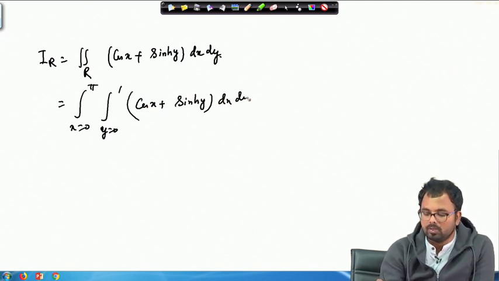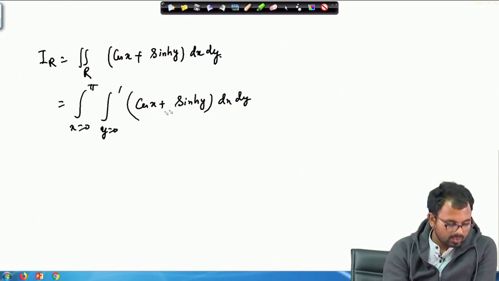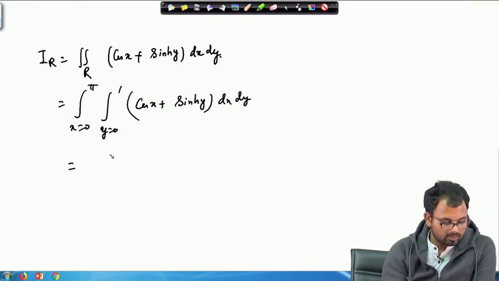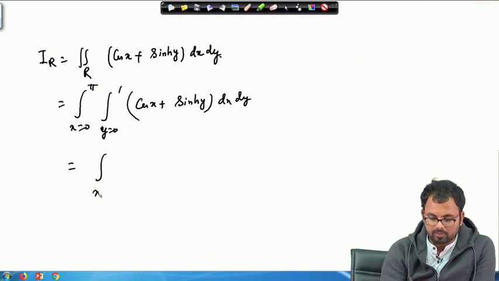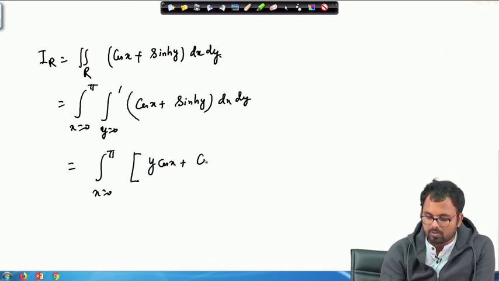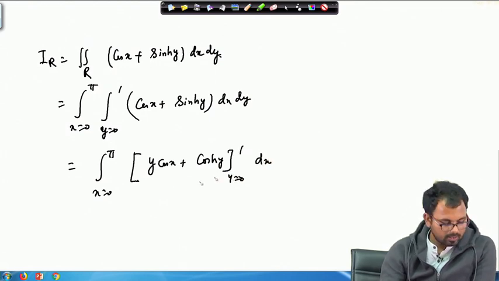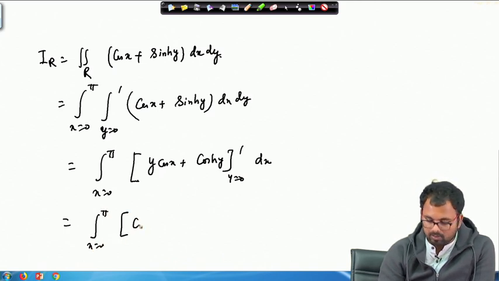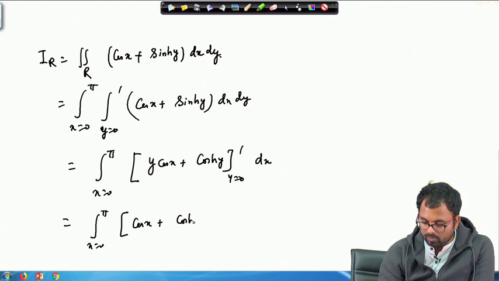So, it is fairly easy to integrate, because then we separate the terms, and once we separate the terms, this will be basically the integral with x running from 0 to pi. We first integrate with respect to y. So, this will be y cos x plus cos hyperbolic y from 0 to 1 dx. So, this will reduce to the integral with x running from 0 to pi of cos x plus cos hyperbolic 1 minus 1, because cos hyperbolic 0 is 1. So, cos hyperbolic 1 minus 1, and when we integrate, then this will be